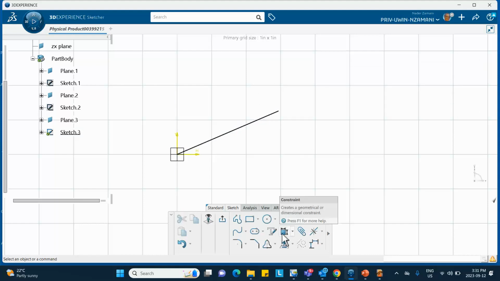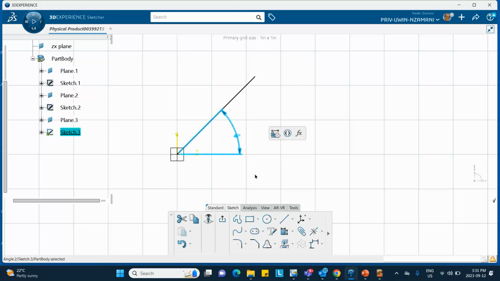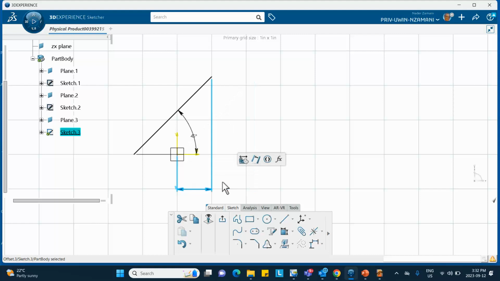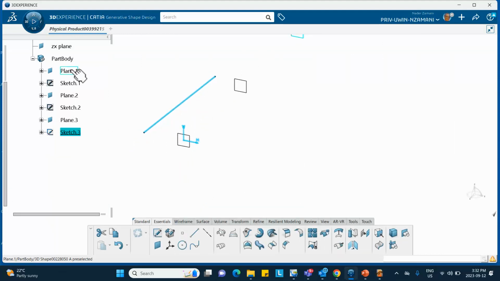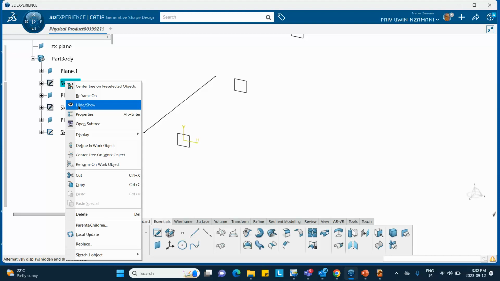Let's dimension it as I indicated. So from here to here, angle 45 degrees. And the distance from there to there, we're going to make it 1, because later on we will scale it so that it actually becomes 6, when it comes to using it for the log. So exit, exit, and these are the 3 sketches that I had for you